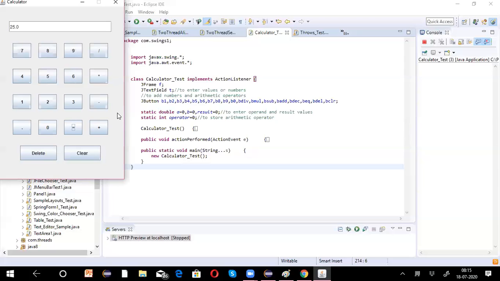You can add more operations, like you can make it a scientific calculator by adding components like trigonometric functions, like sine value, cosine, tangent, cotangent, and you can take all these components here. You can add log functions. You can add the log value of 25, square root value. You can add all those components and you can extend this application. Any doubts in this application?